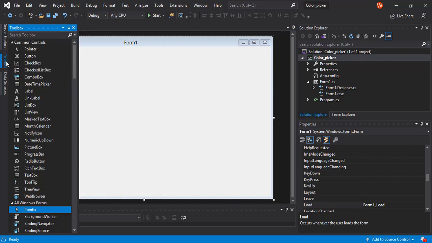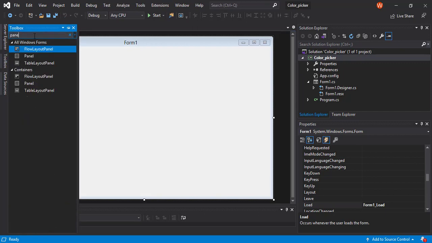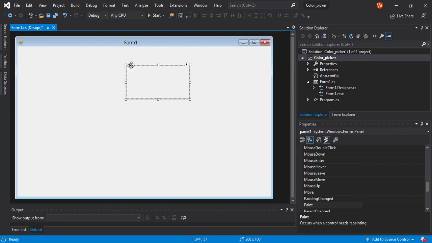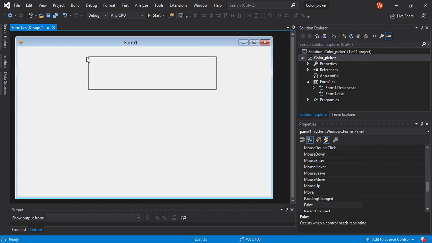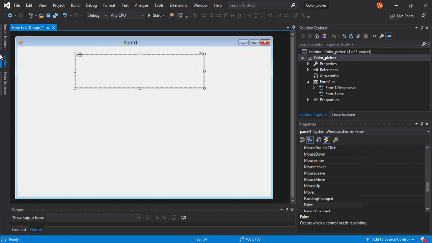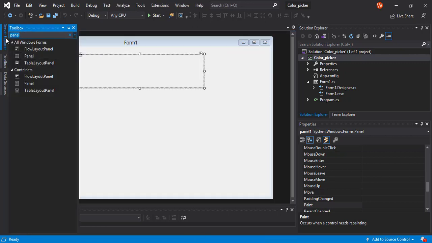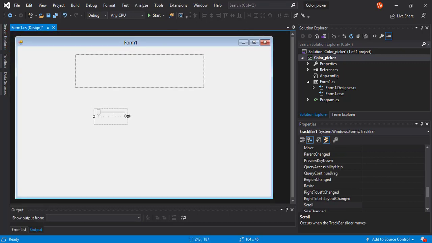From the toolbox menu, we are gonna choose panel in order to show the output color. Let's make it a little bit bigger and choose trackbar. Again, expand it,